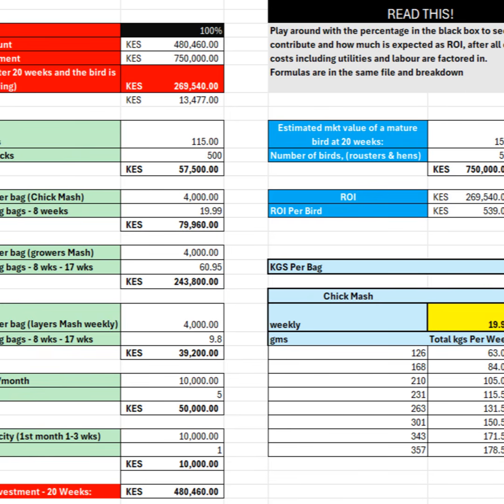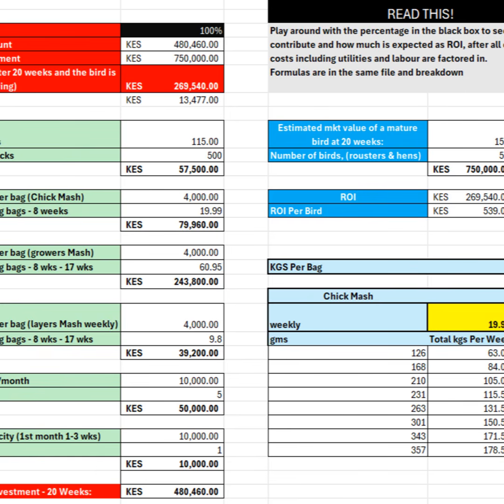So when they give you this feed program, they give you a recommended feed for each bird on a daily basis. Then multiply that by 7, then you get a weekly average. Okay? So I'm working on the weekly average. My weekly average on the first week per bird is 126 grams. So on and so forth, all the way to 8 weeks, a weekly average becoming now 343 grams. Okay. So when I take that weekly average, I multiply it by the number of birds I have. In this case, remember, we are working with 100 birds.